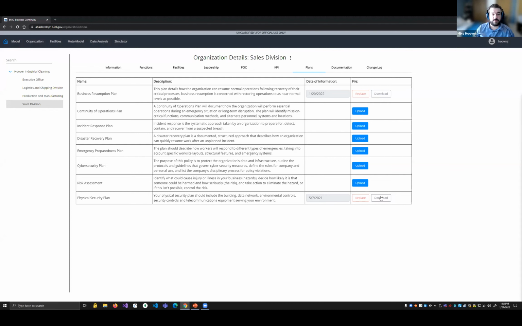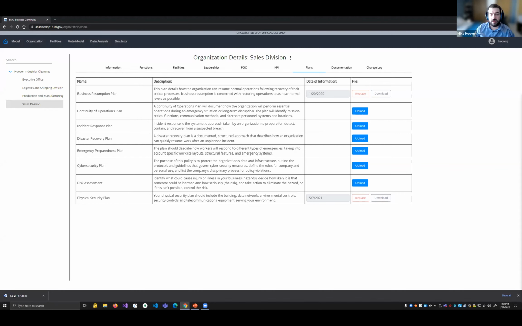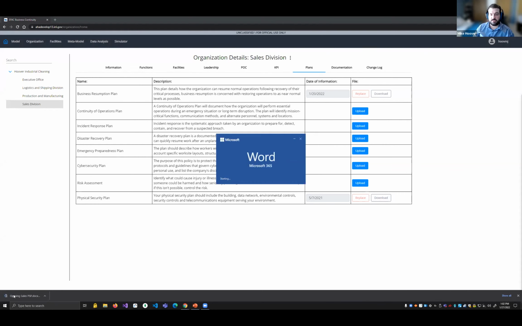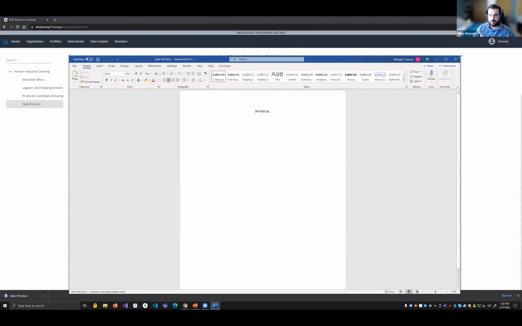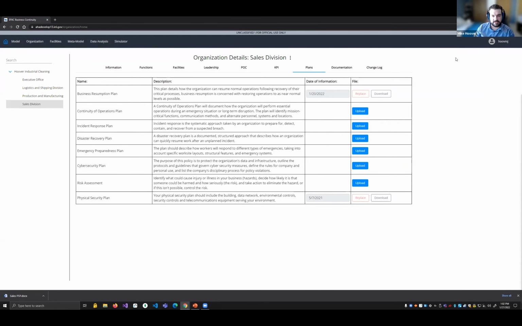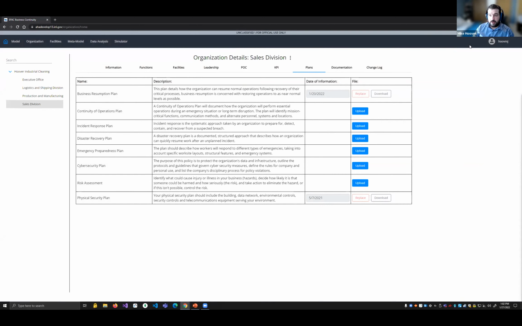And so at any time, if I want to understand what the physical security plan of this organization is, I can simply click that download, and that is downloaded to my own computer for me to view, but is held as a knowledge management repository by the application. So jumping into then the